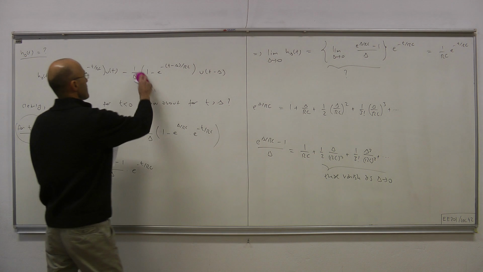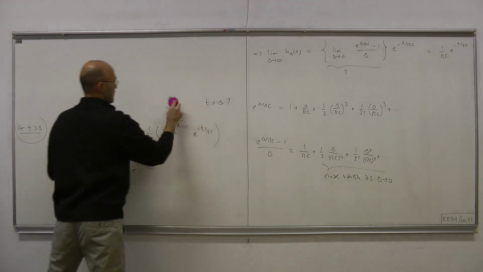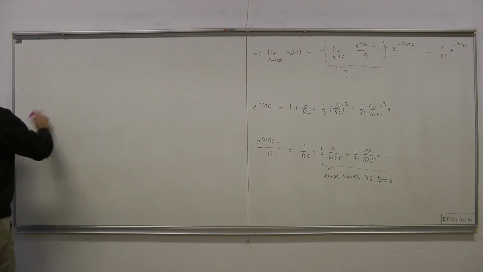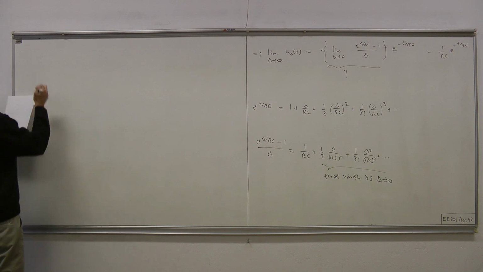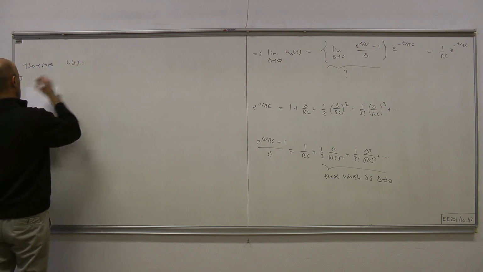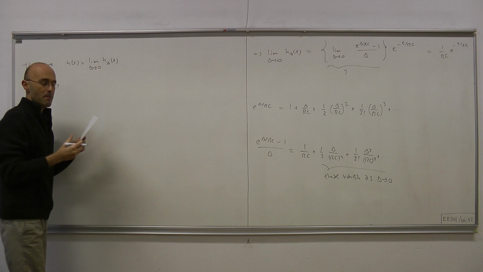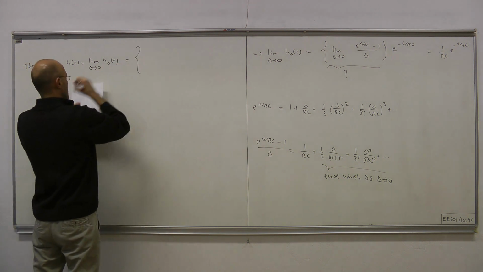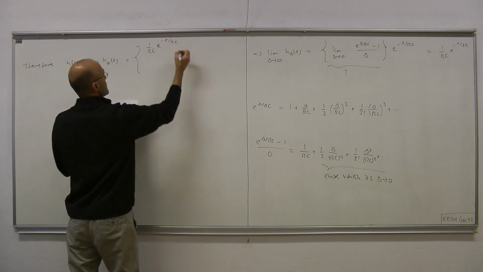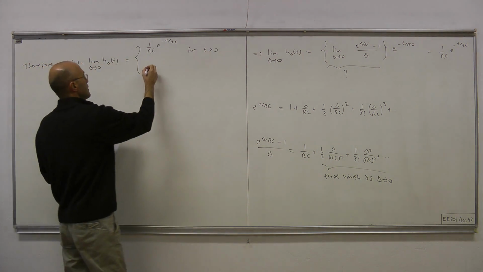Hence, we can write h of t equals limit as delta goes to 0 of the pulse response, and in the limit the pulse response is such that 1 over RC e to the minus t over RC for t positive and 0 for